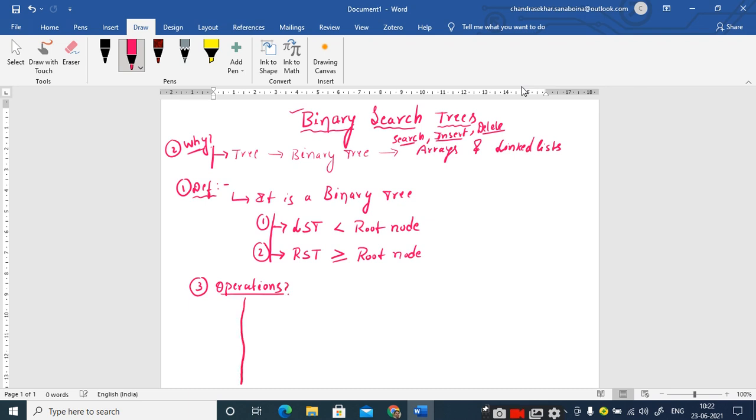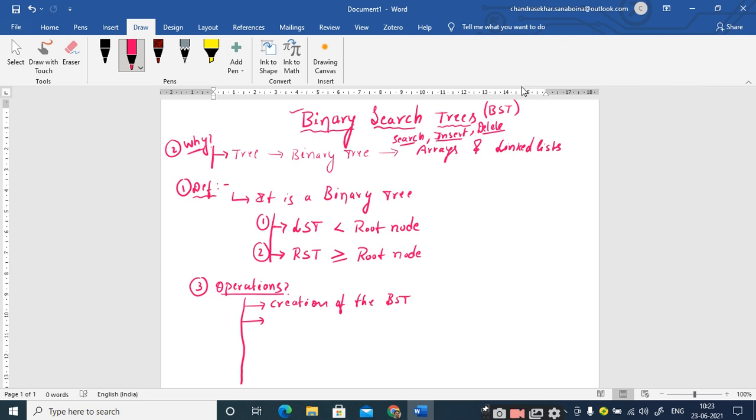We have a lot of operations. The first and basic operation is creation of the binary search tree. Let me call the short form BST. Actually, this should not be listed under operations.